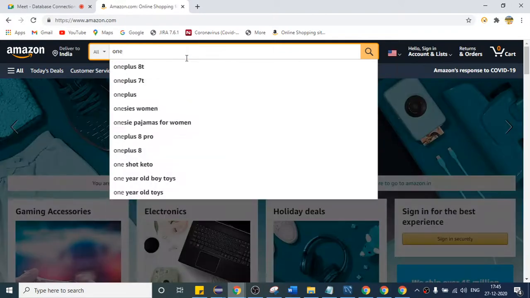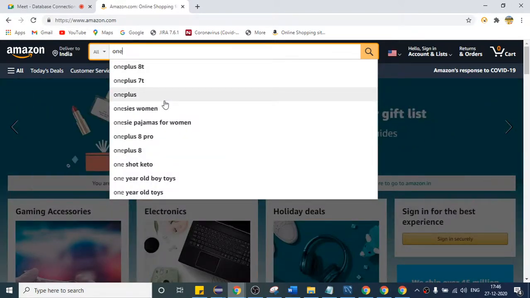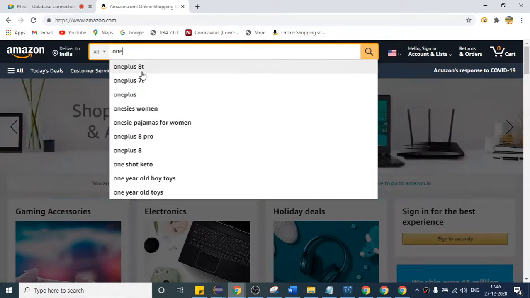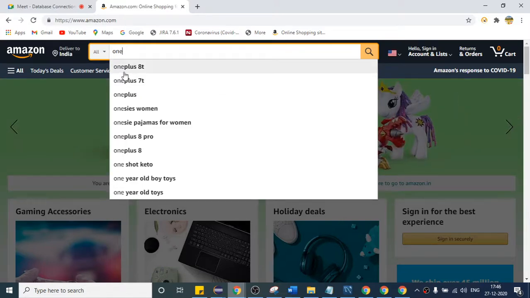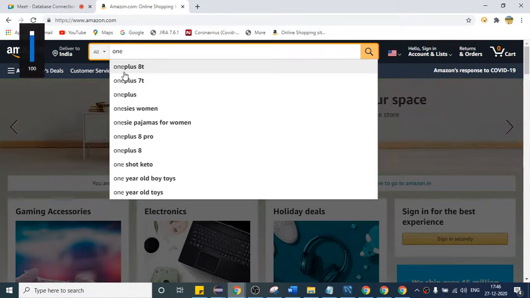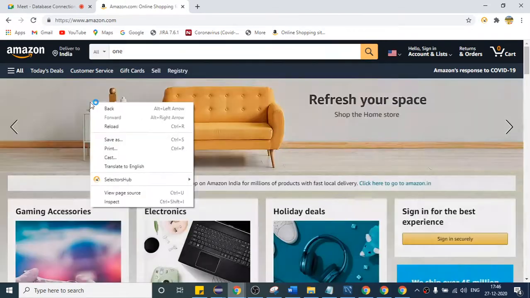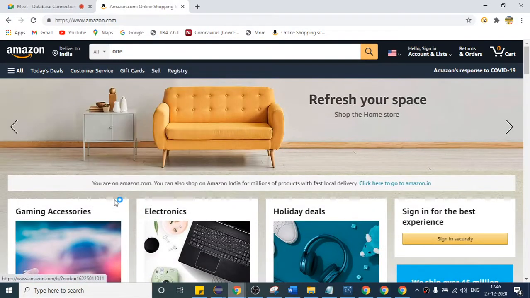The thing is that I'm not able to capture the XPath for this. Anything, right click and get the XPath. Is it disappearing? That is the reason. If I click on inspect, right click and inspect, then I'm not able to capture it. I'm getting the same thing.